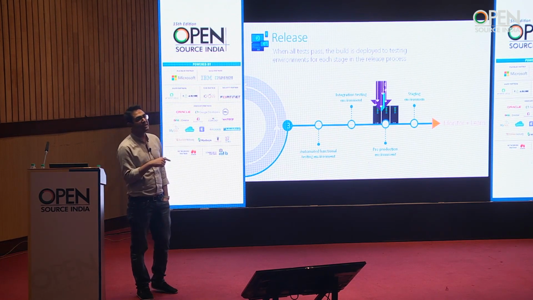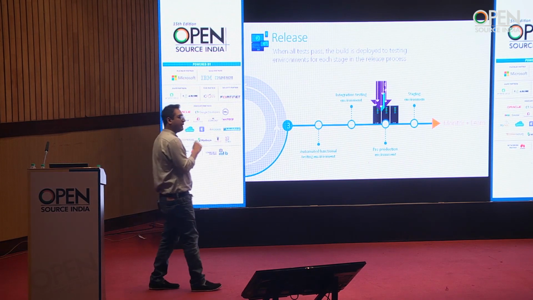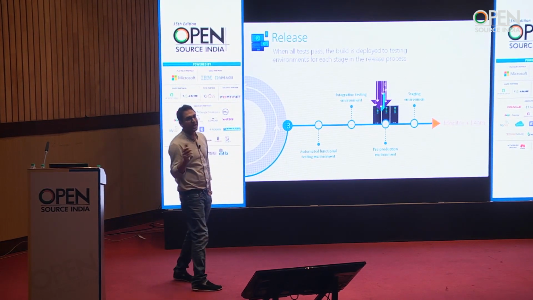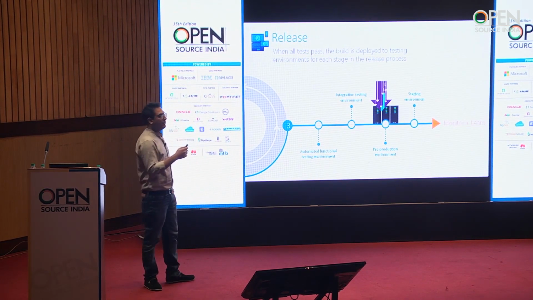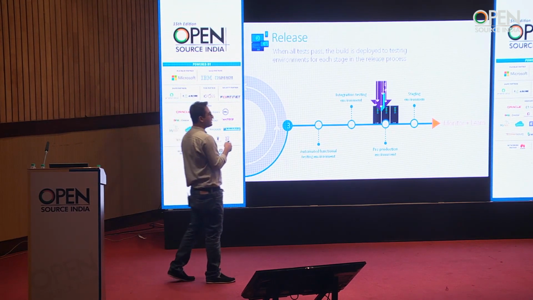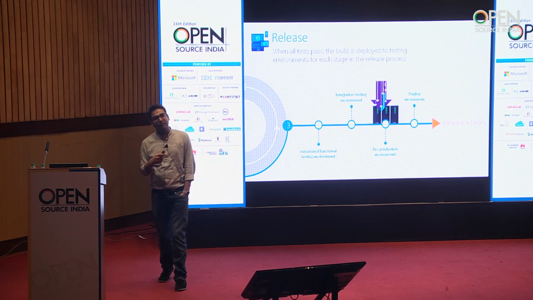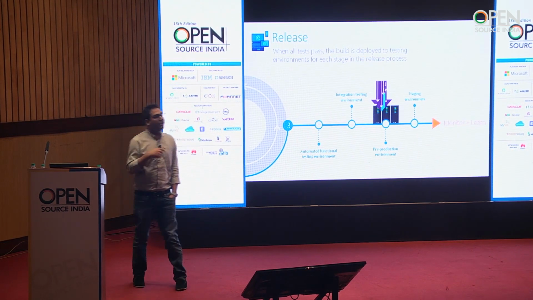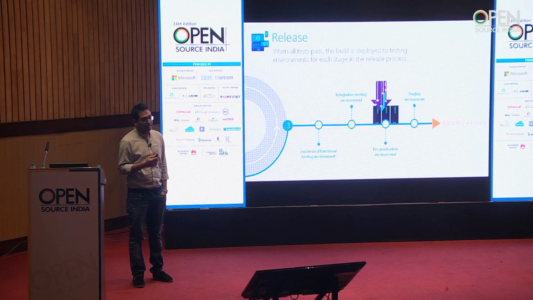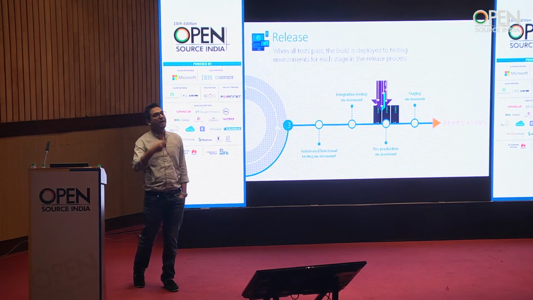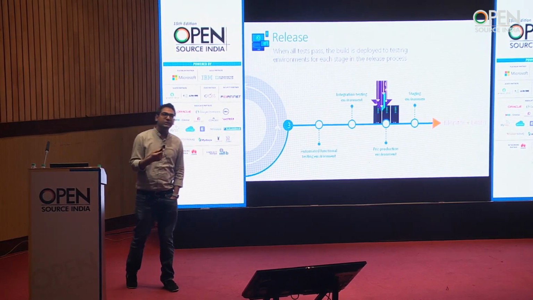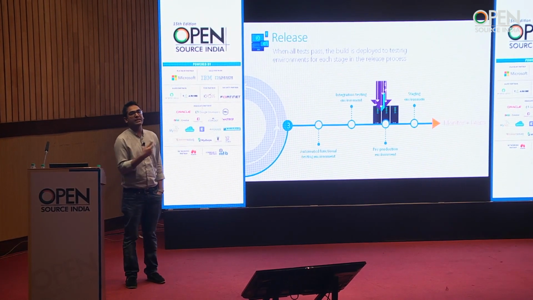So what we do is have a continuous deployment pipeline running, and we'll walk through how we do that. But the takeaway for you is that in that deployment pipeline, you need to make sure that automated tests are running, functional tests are running, integration tests are running, and then you release on an environment by environment basis. There are two things that we take care of at this layer.